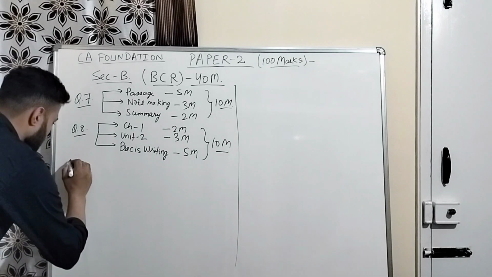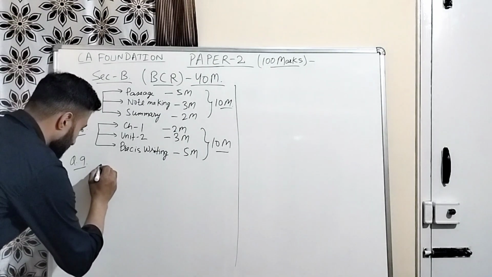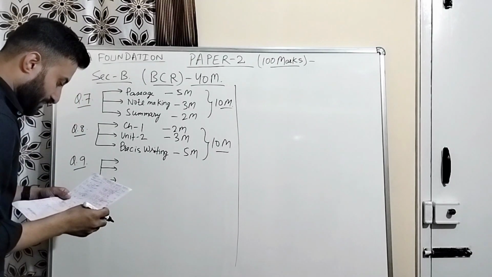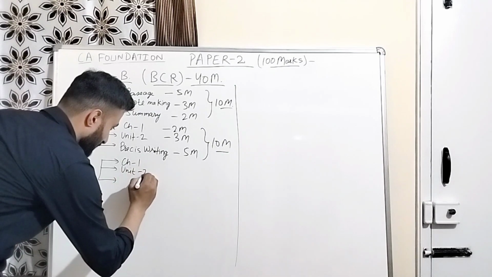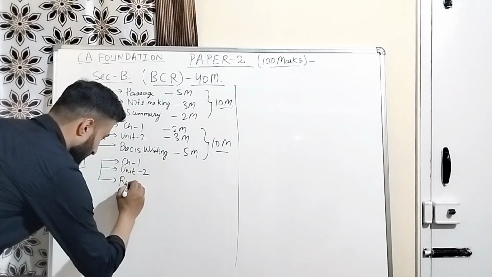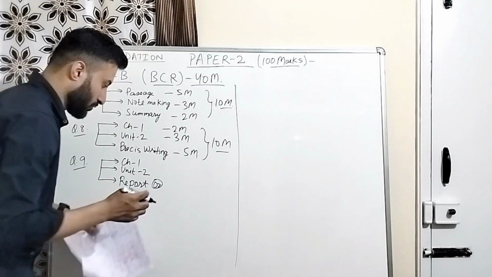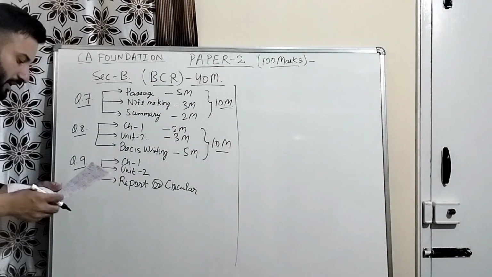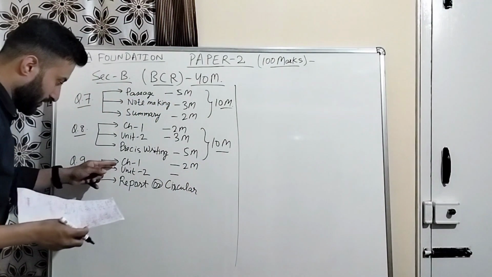Okay, now we'll see question number 9. Question number 9 is again divided into 3 parts. So first is chapter 1, then second is unit 2, then the third will be a report. You have to write the report or circular. Report or circular. Okay, so chapter number 1 is of 2 marks, unit 2